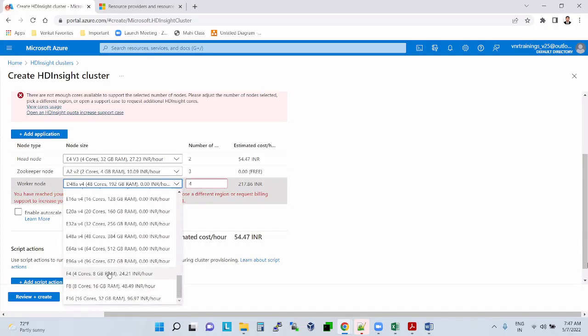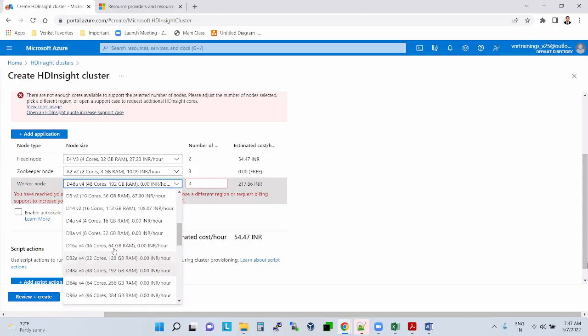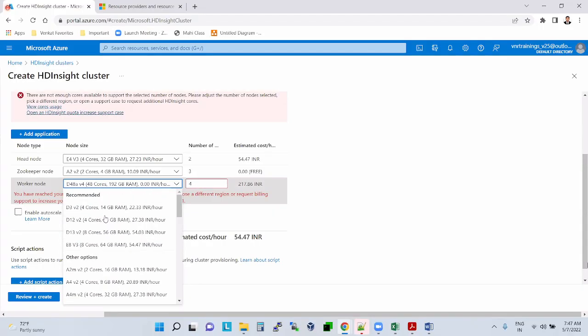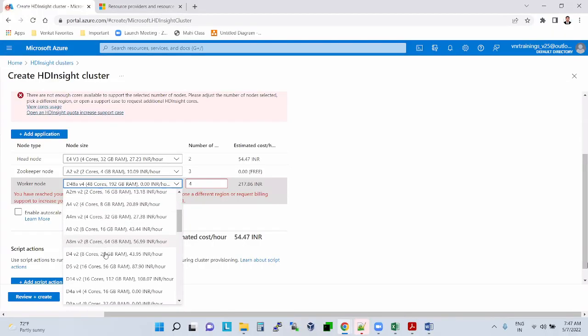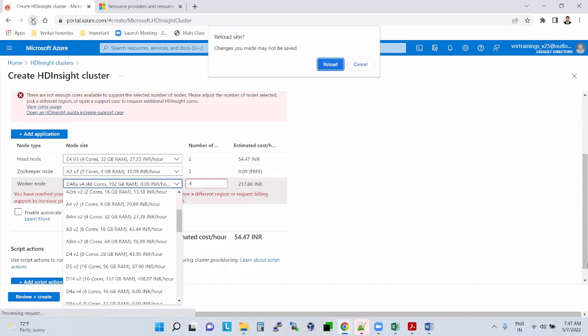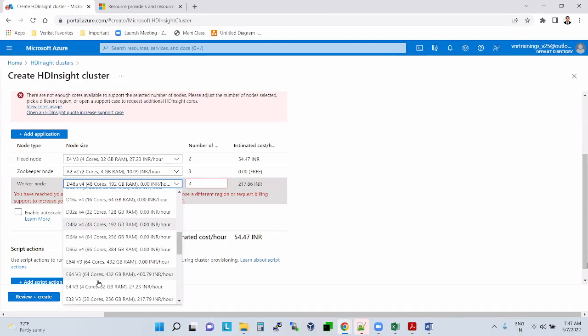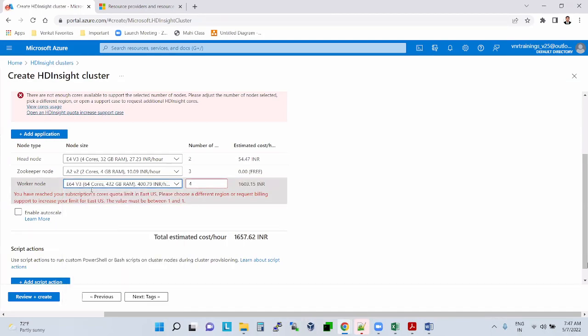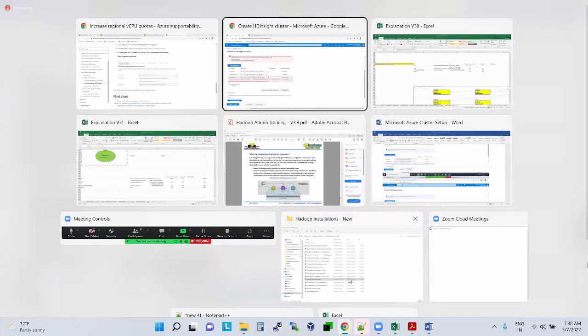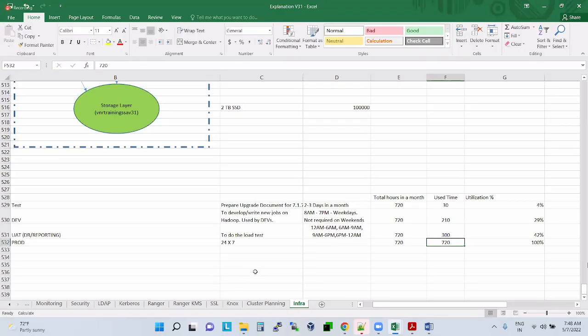Or you take this one, 64 cores, 432 GB RAM. This will cost you around 400 rupees per hour. Including everything, let's say it costs you around 450 rupees per hour.